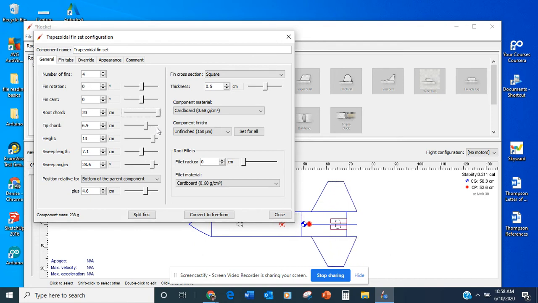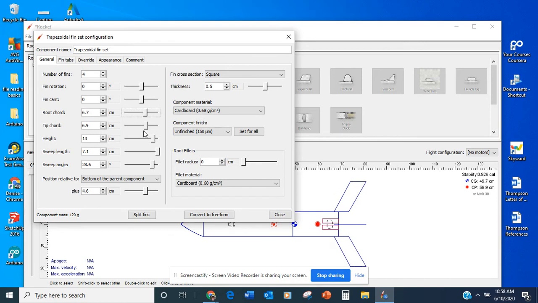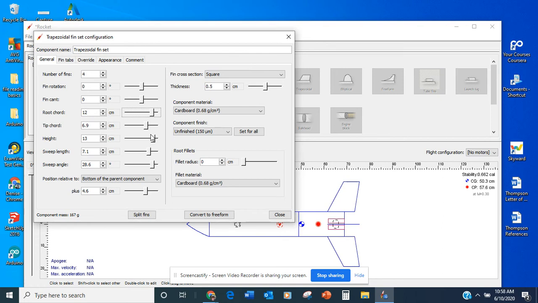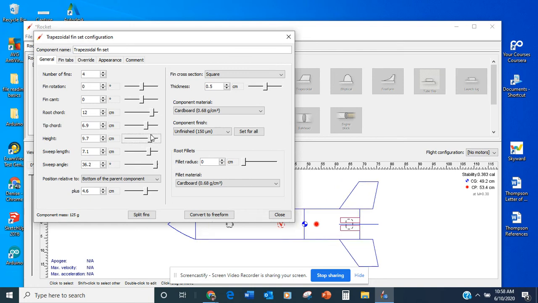Obviously, this would be not far enough, and this would be probably too far. Those fins don't look stable either. So I'm kind of trying to eyeball from the center of the blue dot to the center of the red dot, about a body tube below. And so that's basically what I'm doing here. I'm just manipulating these different pieces until I have the center of gravity where I want it,